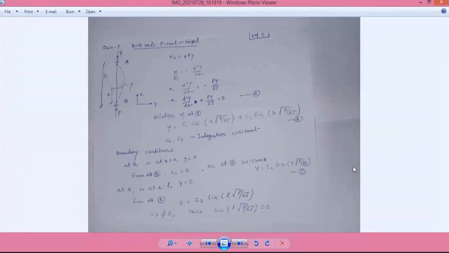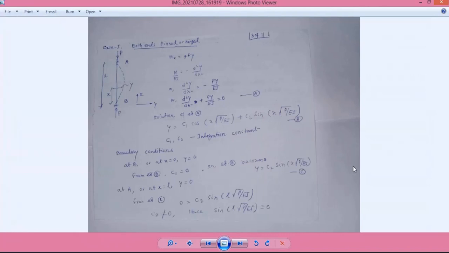Okay, if the left vertical face of the column is in tension, then the moment is considered as positive. Similarly, if the right vertical face of the column experiences compressive force, then only we consider the moment as positive. Here, this Py moment will create tensile stress at the left vertical face of the column and compressive force at the right vertical face of the column.